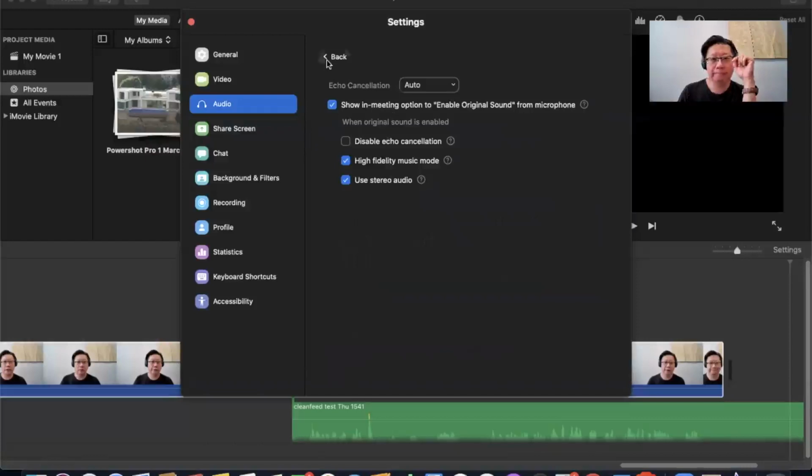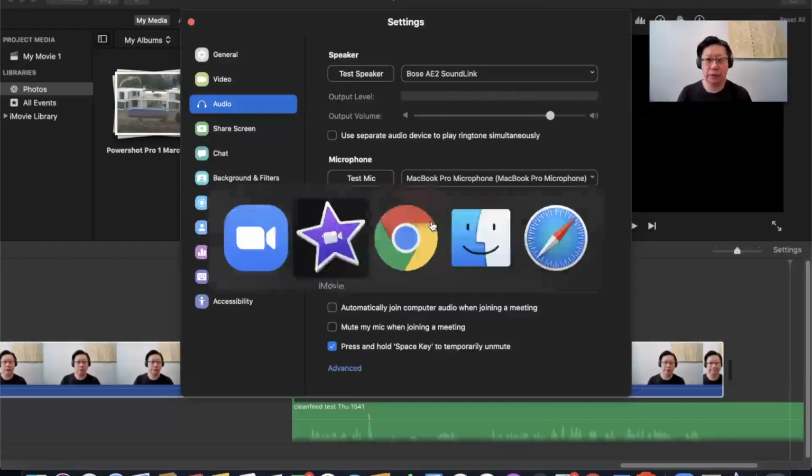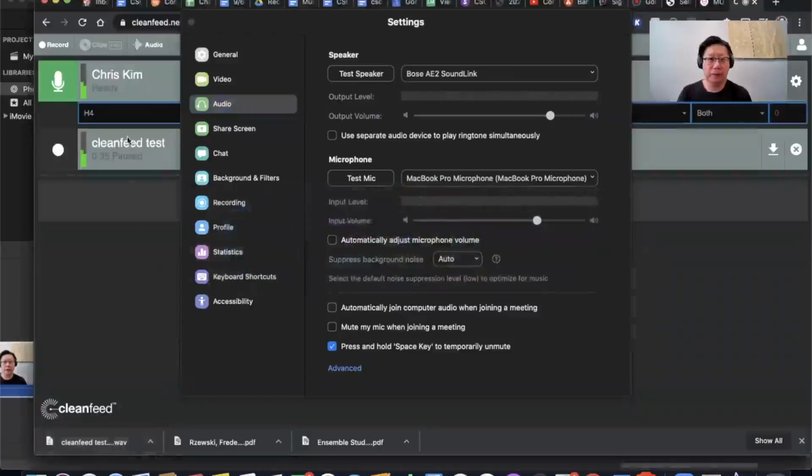So I'm going to go back to the advanced mode. All right, now what I'm also going to do is I have concurrently running a Cleanfeed test as well. So now, as that's running,